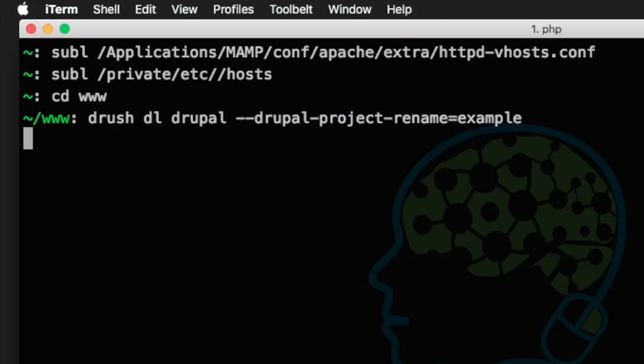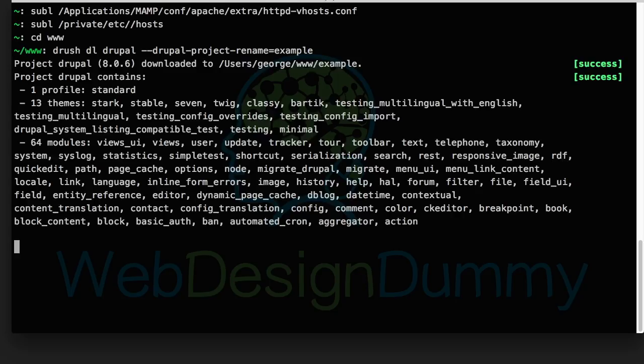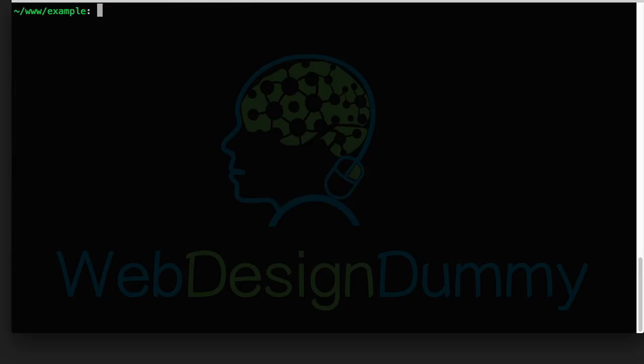This will create a directory called example with all of the Drupal files contained within. Now we can cd into example and do a site install. So drush site-install